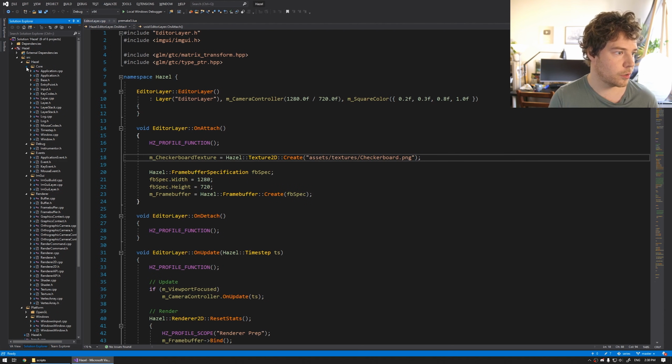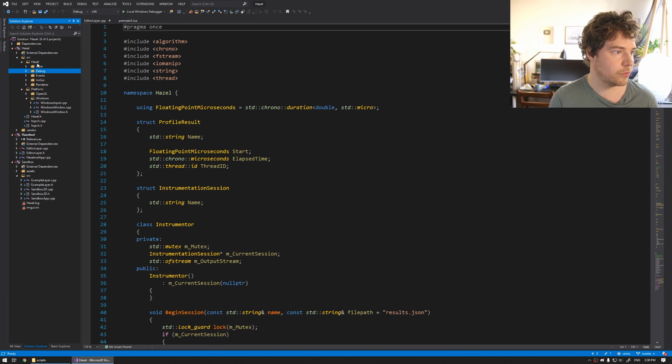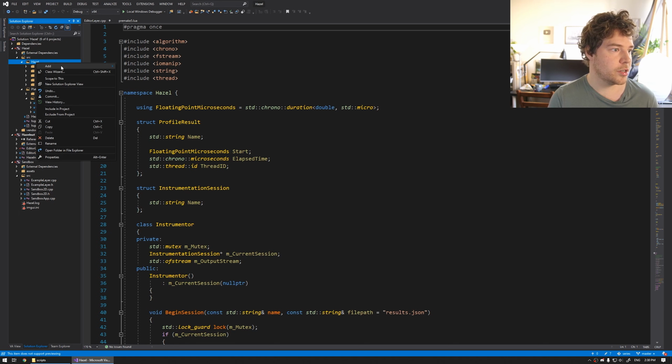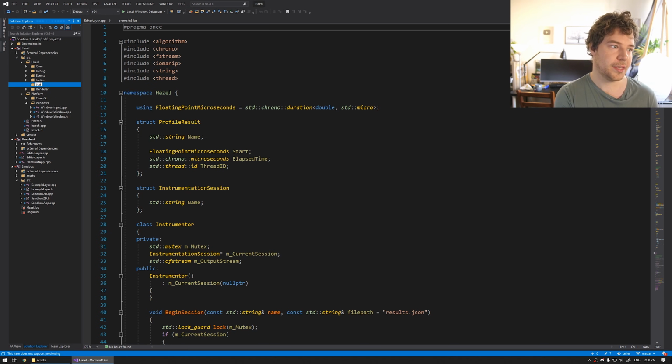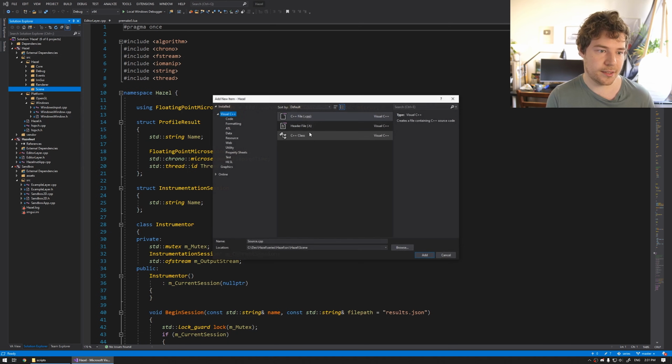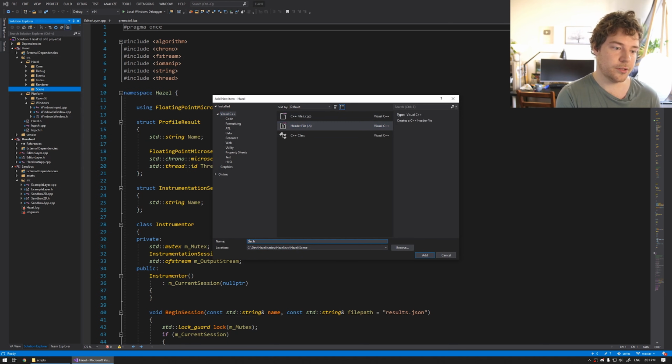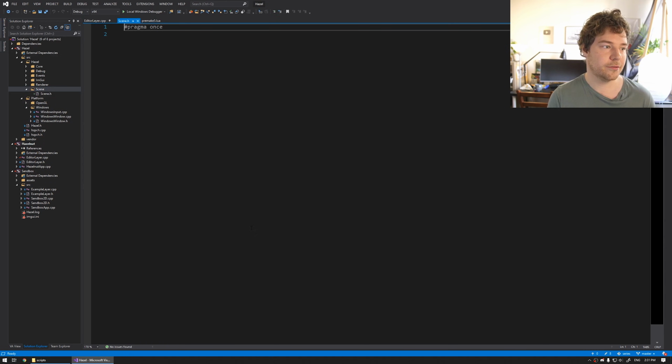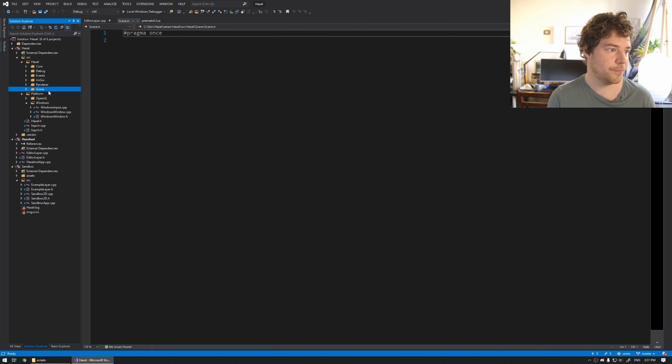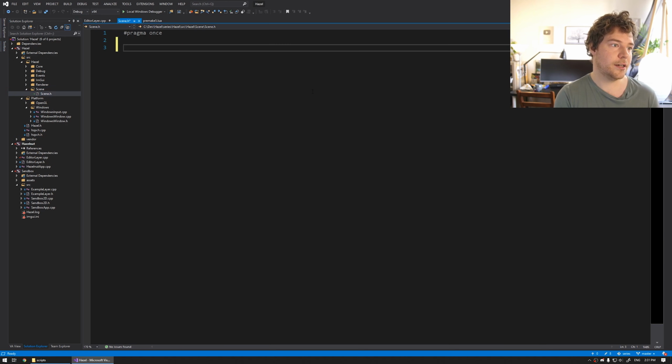If we go into core, we're actually going to make a new folder inside Hazel. I'll make sure that show all files is checked. And I'm going to make a new folder here called scene. Now, this is going to contain everything to do with scenes, entity component systems, components, all of that stuff, right? Entities, everything will be inside this scene folder. So this is not just going to be the scene, it's going to be all the ECS stuff as well. So inside this scene, namespace Hazel,